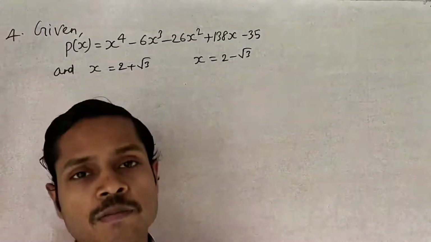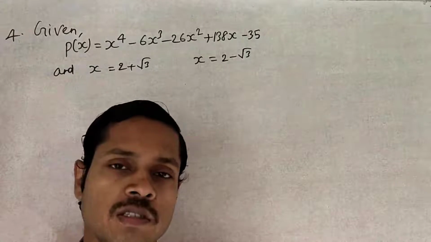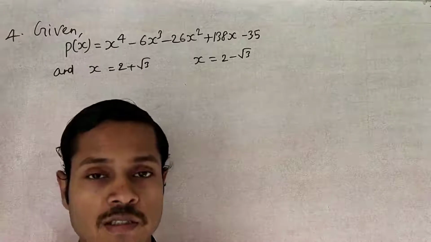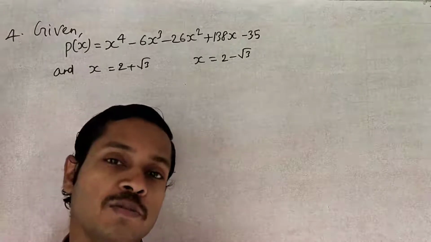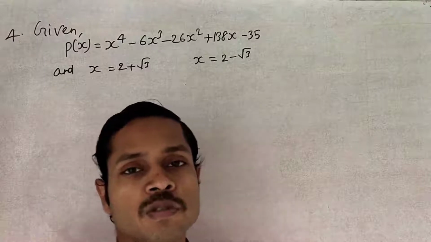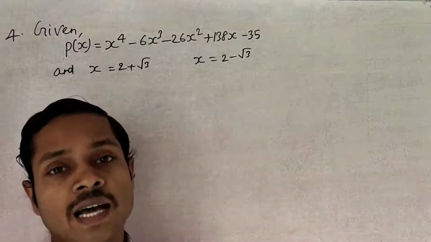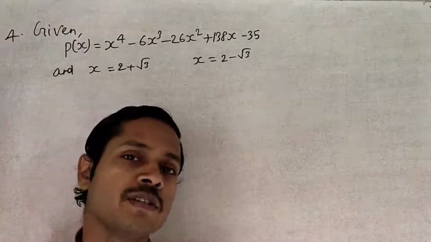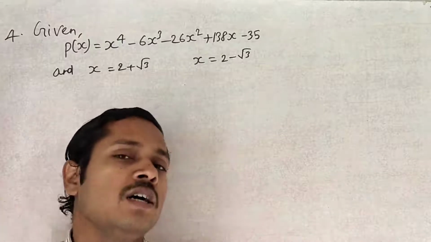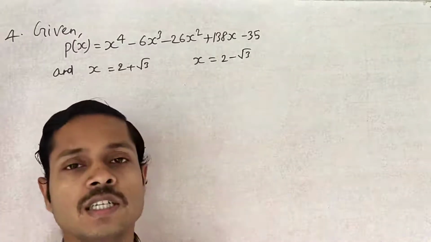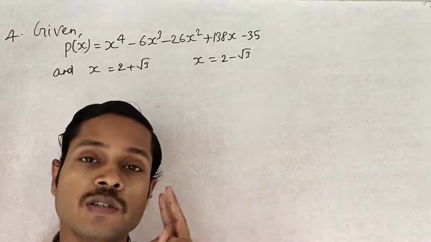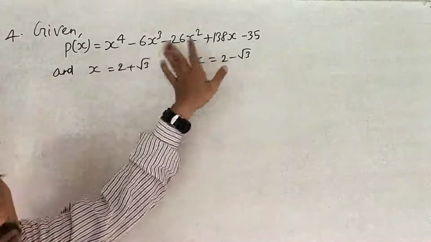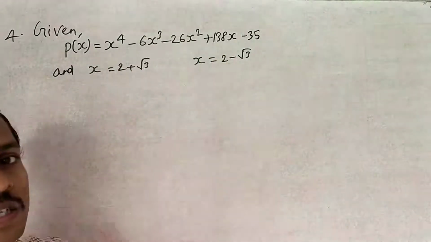Students, we have completed the question number 3 of the 2.3 exercise. In the same way, we will have to complete the question number 4 of the 2.4 exercise. Same to same, 2.3 question 3 and 2.4 question 4. Clear? Both of the questions are related to each other. Both of the questions have a bi-quadratic equation. When we are finding out solutions, linear equation has 1 answer, quadratic equation 2 answers, cubic equation 3 answers, bi-quadratic 4 answers. So this is a bi-quadratic equation, 2 answers are given, we will have to find out the other 2 answers.